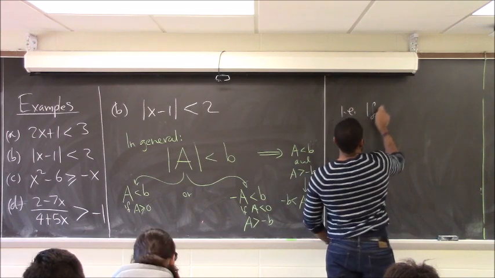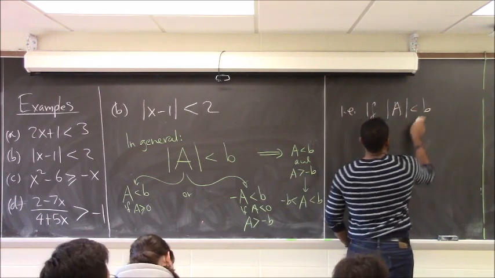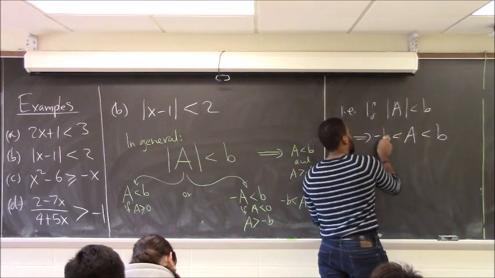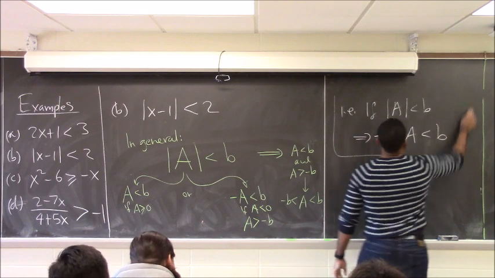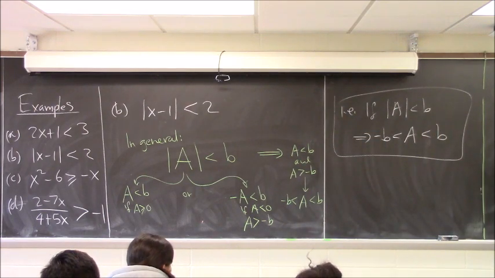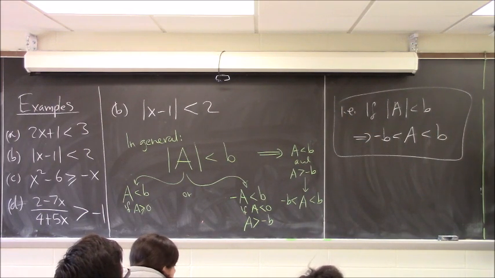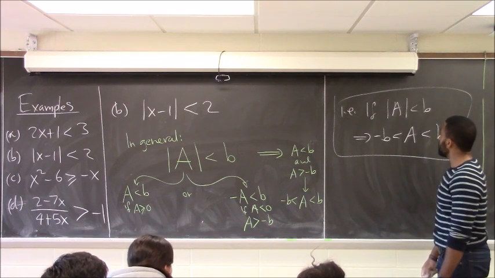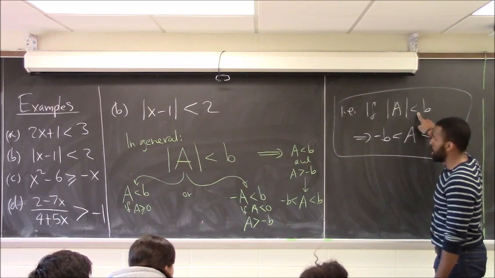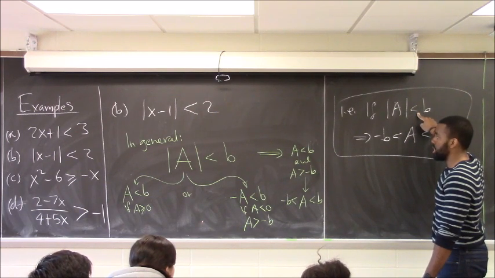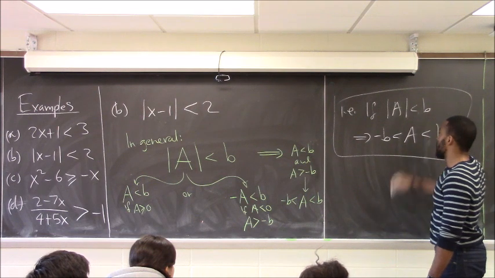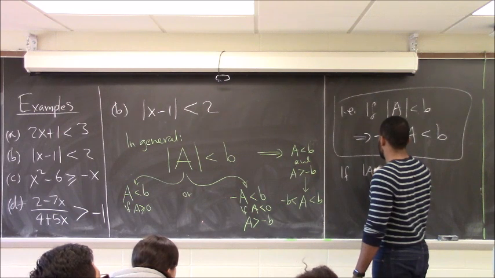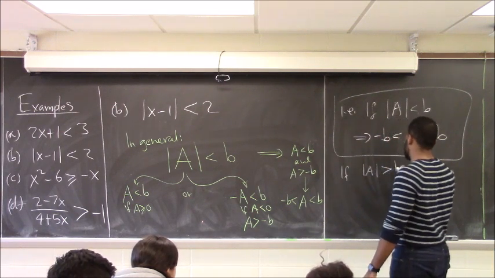So, if the absolute value of A is less than B, then it means that your A is between both of these. That could be just something that you know now. And if your thing is actually turned the other way, what I want you to appreciate is that you just take the opposite. So if we have that the absolute value of A was bigger than that,